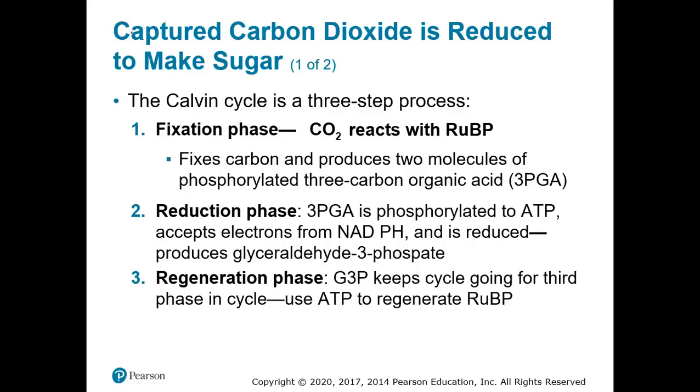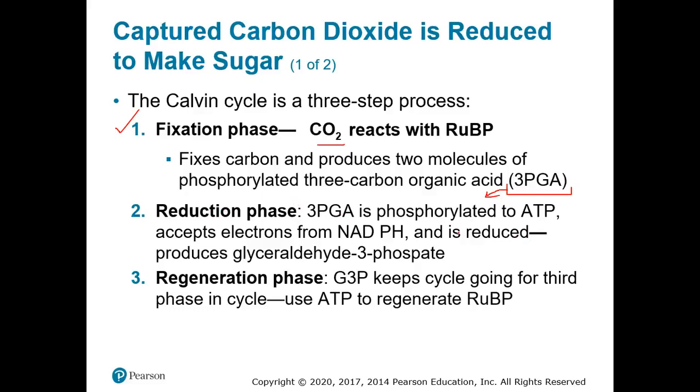So that was our first phase of the Calvin cycle. Check. Okay, we described fixation. So CO2 reacts with RuBP, and we're going to make some sort of fixed carbon product. And that product, we can go ahead and give it a name now, is PGA. Okay, that is our fixed carbon product, which now can move into our next major phase of the Calvin cycle,